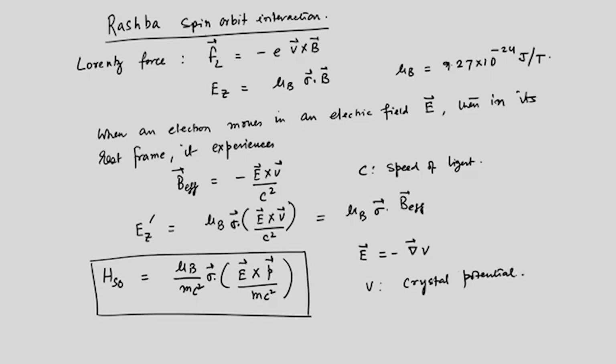Which is present due to the presence of ionic crystals or ionic sites and so on. Now, what happens is that if you have a purely two-dimensional sample, which our graphene is, then your E becomes in the direction of z cap. Okay. So, it is in the direction of z cap. This yields a form for the H_SO as